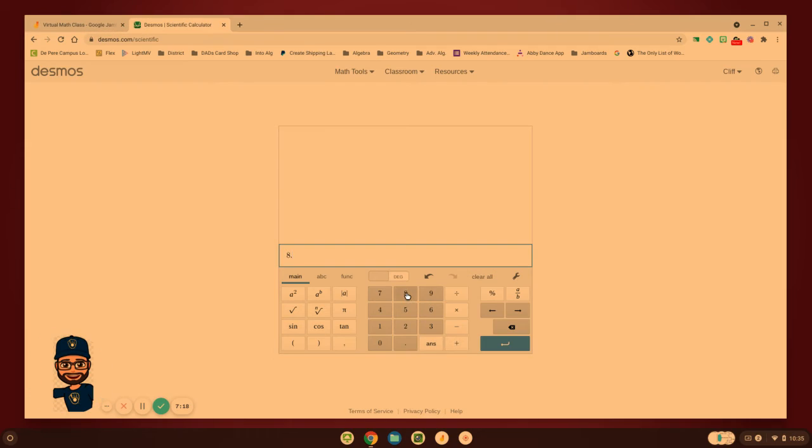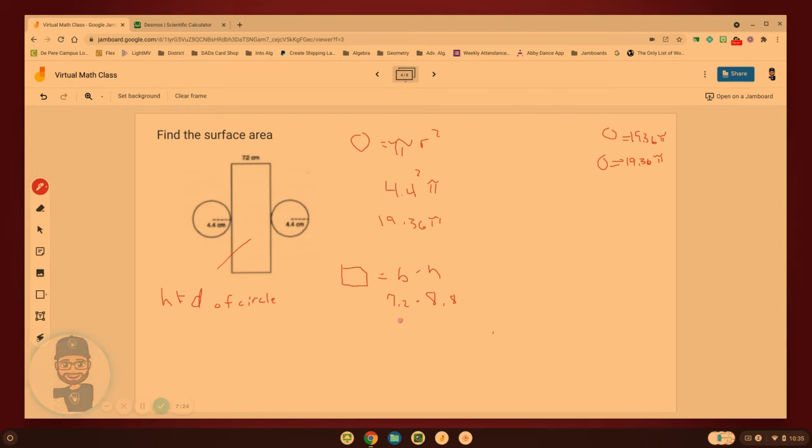8.8 times 7.2. I've got to clear that. 8.8 times 7.2 gives us an area of 63.36 for the rectangle. Now, when we add these up, we do have to be careful because we can only